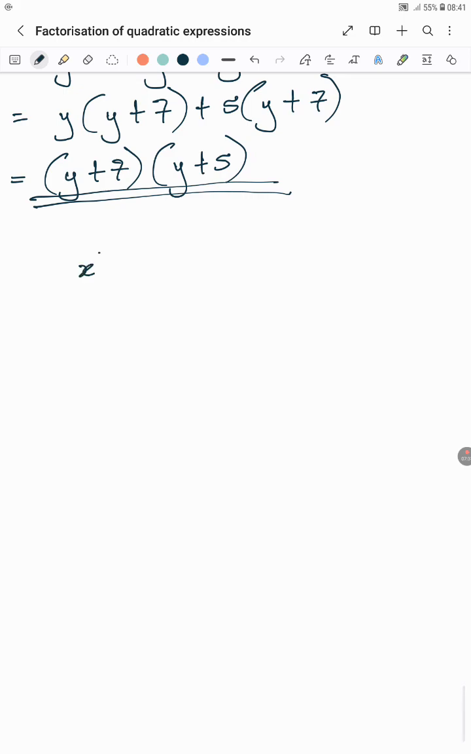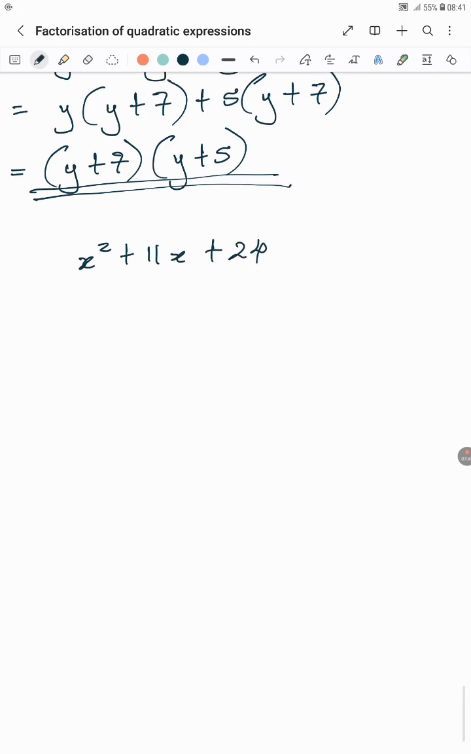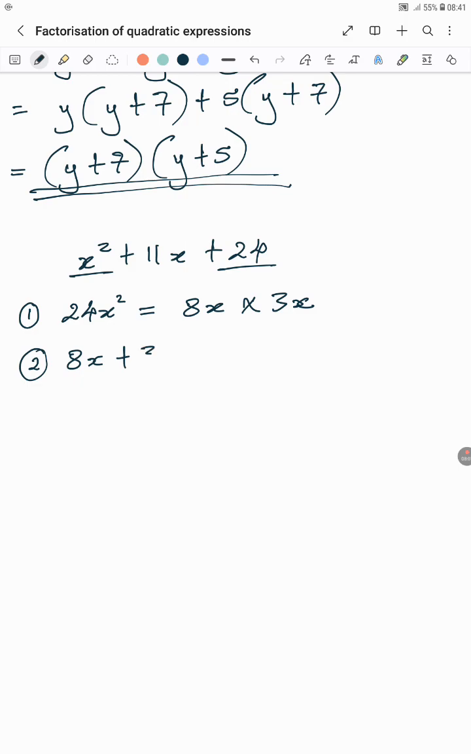If we have x squared plus 11x plus 24, and you're asked to factorize, we get 24x squared, which you get by multiplying the first and last term, and the two factors are going to be 8x times 3x. If you multiply, you get 24x squared, and if you add these two factors, you are going to get 11x, and 11x is the same as the middle term, so which means we can substitute